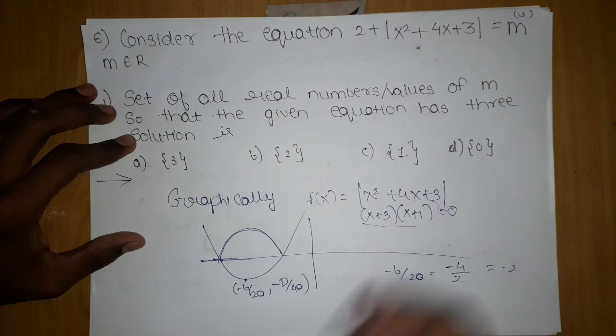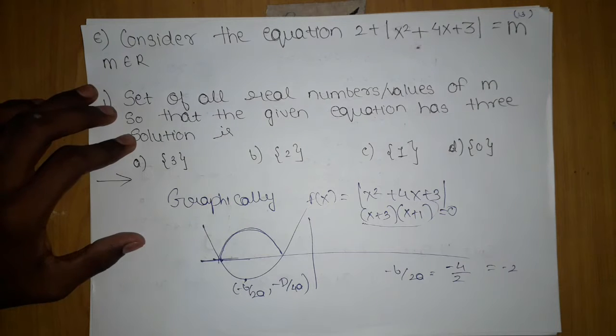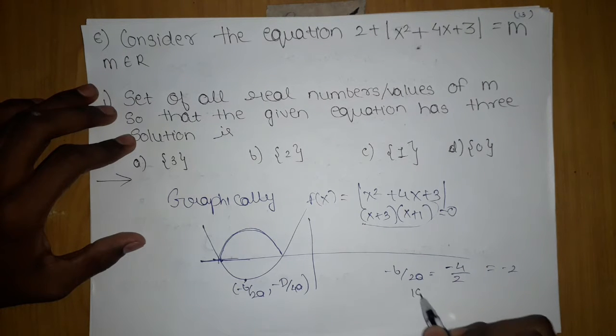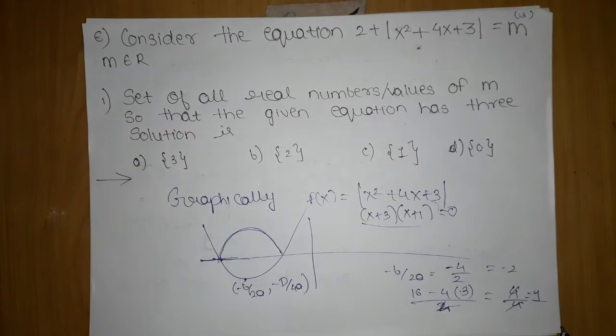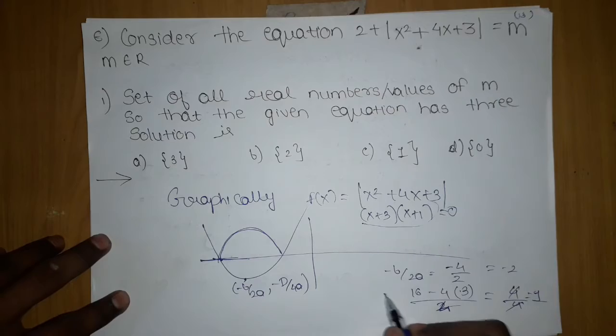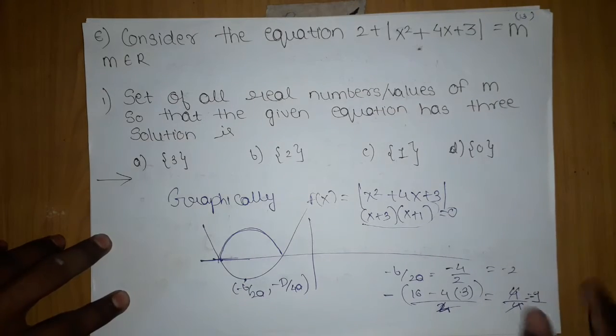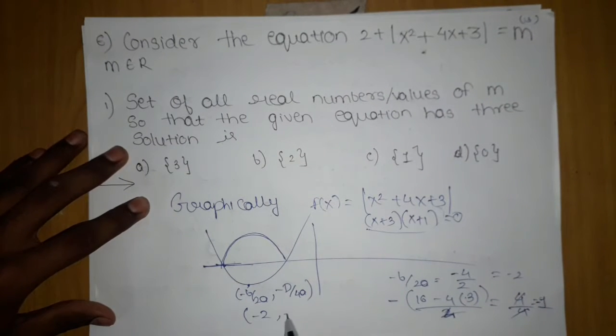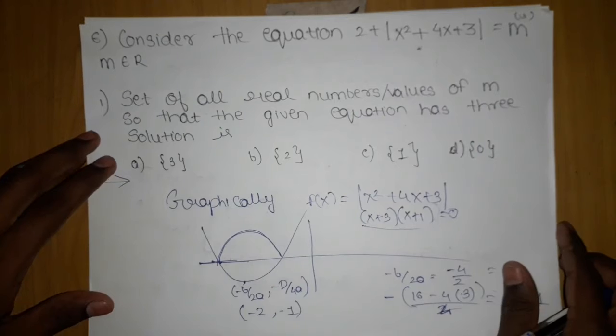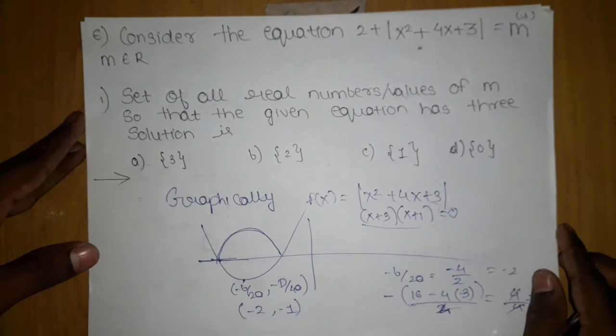Moving on further, do we require minus D by 4a? Although it will take long, let me calculate: minus of 4 into 3, upon 4, a is 1. 12 minus 4 upon 4, which is 1. Here it will be minus, so it is minus 1. So we got the vertex. Now the trap part comes here. Just see what I am telling: minus 2 comma minus 1. While curve sketching, this is a modulus function. You should be alert to what mistakes common students make.